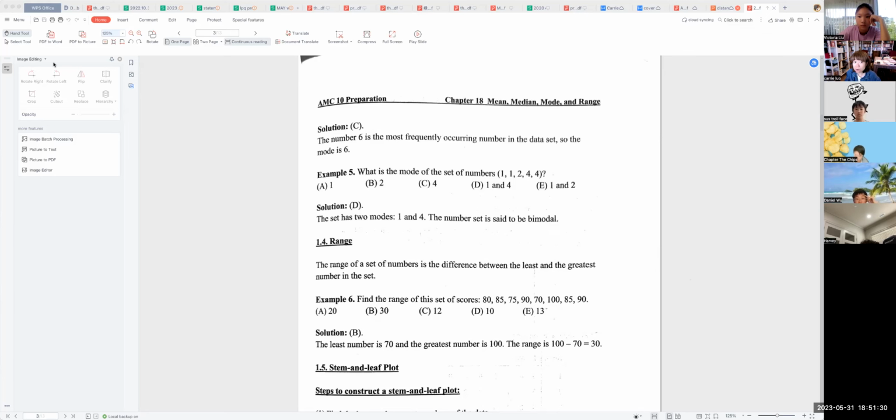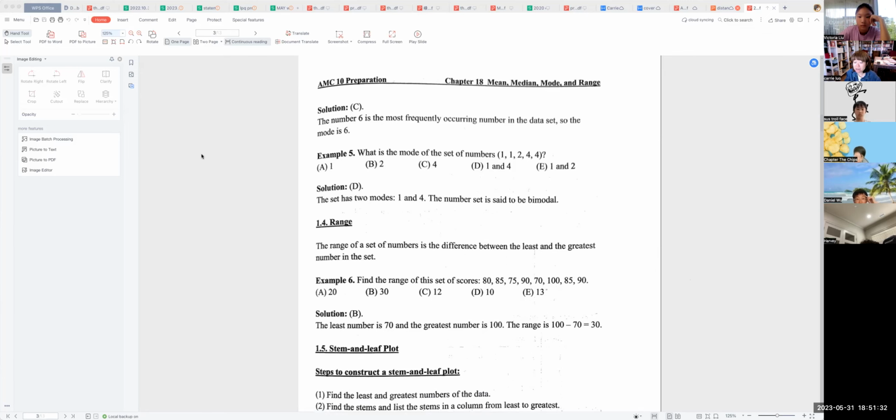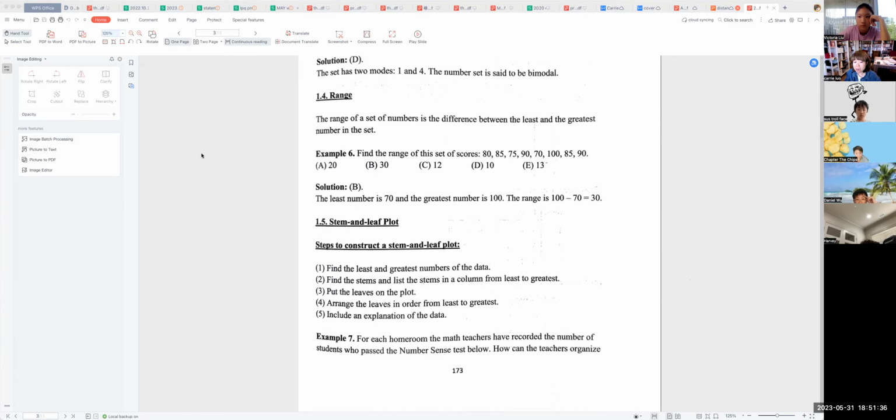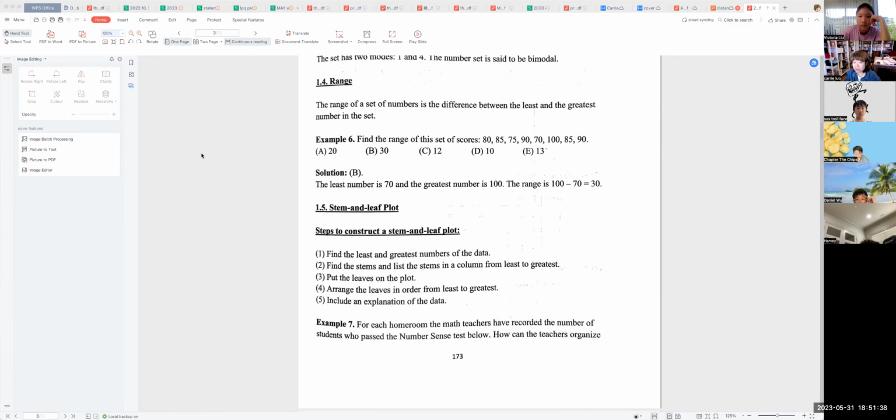So putting them in order will help you to easily find a lot of things immediately, okay? Now let's take a look at number 5, which is a stem and leaf plot. I don't know how many of you are going to take the SSAT or SAT in the future. The stem and leaf plot is something that is going to show up very often in those two kinds of